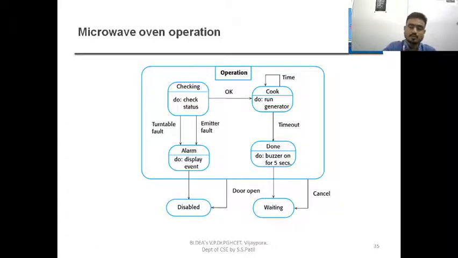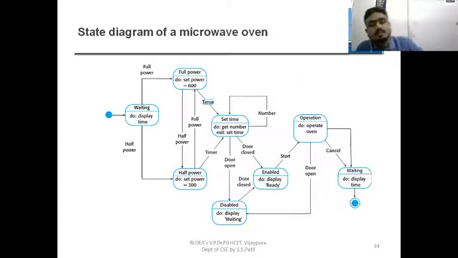So why do we have to study the state diagram or activity diagram? To develop any software project, we have to go step by step. One was the waterfall model, one was the spiral model, and what was the other model? The incremental model.